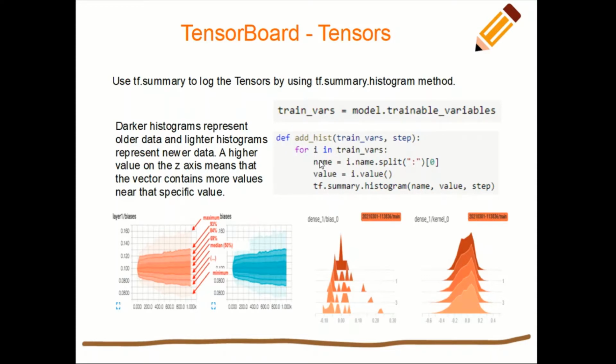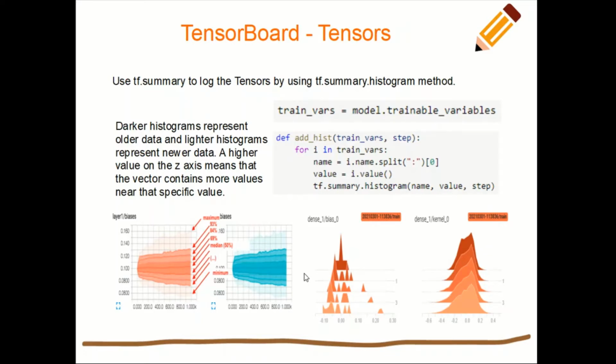So in this particular case, in the add_histogram function, what we are doing is we are iterating through all the trainable variables over here, and the trainable variable consists of two parts, a name and a value. So we are splitting it into name and value, and then we use tf.summary.histogram, and we give it a name, a value and a step number. This is a distributions view, and this is a histogram view of the weights, and we will see that in detail in the notebook.